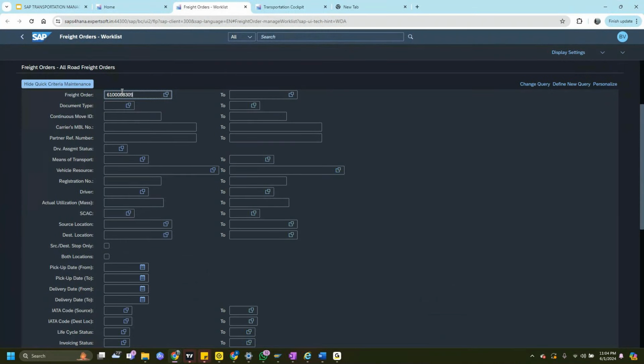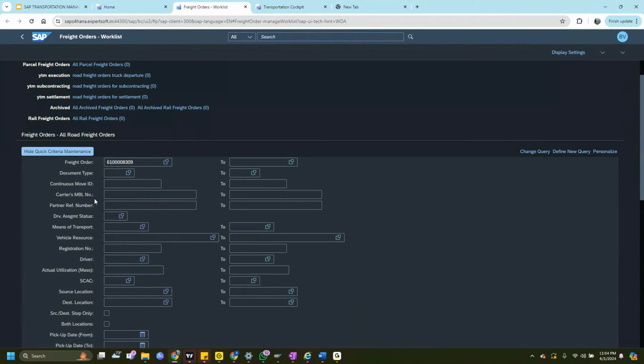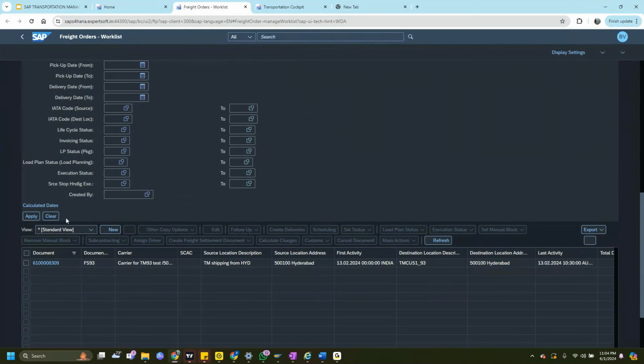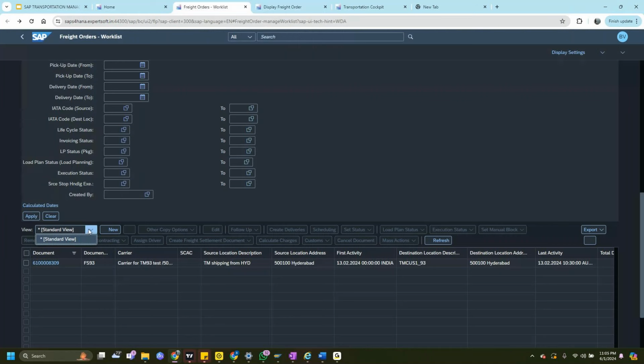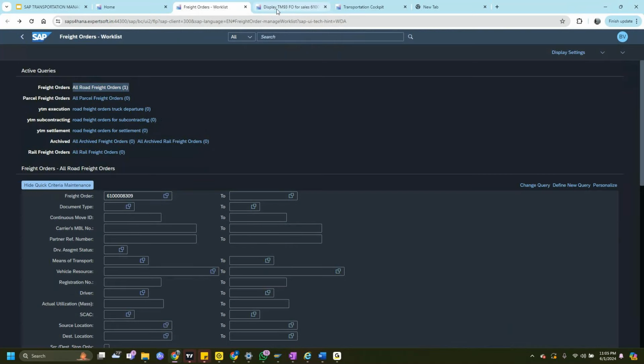So this is a show criteria maintenance where you can filter out easily. If you don't want to go through that list, you can go to this report. Like in purchasing, you have the ME2N report to look at the purchase orders. This is similar to that, but way more flexible and efficient. You can maintain multiple variants within this, and you can have those views together. That's quite easy, and quite flexible and fast.